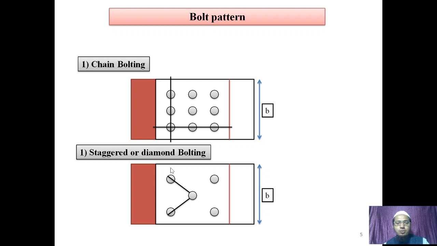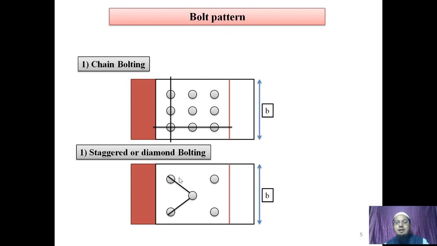Now we have to find the tensile area for such bolted connections. What is meant by net tensile area? It is where the plate or member will fail under tension, which is obviously where the area of the plate is reduced. In chain bolting there are two lines you can see. Along this section the solid area will be reduced by deducting the areas of the diameter of holes, which gives our net cross-sectional area.